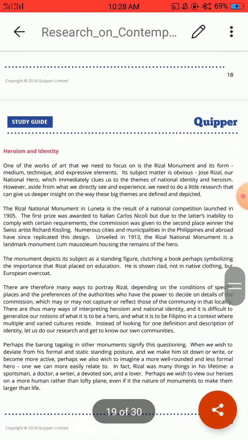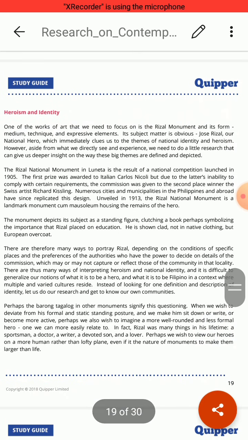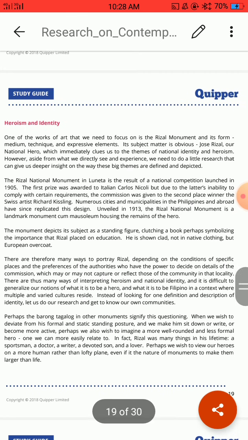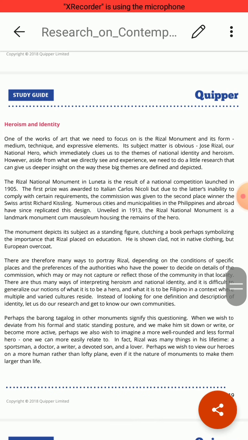Daghan daw ways para ma-portray si Rizal, depending on the condition of specific places and the preferences of the authorities who have the power to decide on details of the commission, which may or may not capture or reflect those of the community in that locality. So, makita na to, makakuha nimo ang interpreting heroism and national identity, and it's difficult to multiply the various cultures reside. Instead of looking for one definition as description of identity, let us do our research and get to know